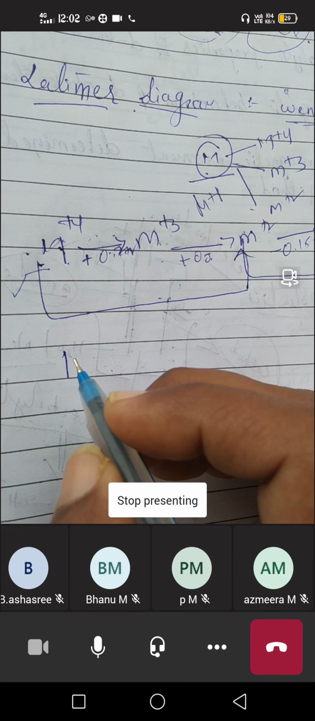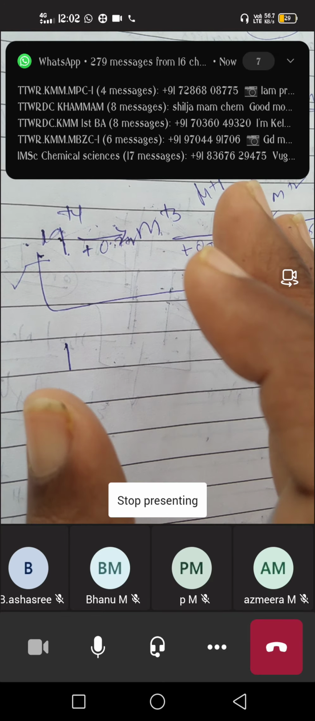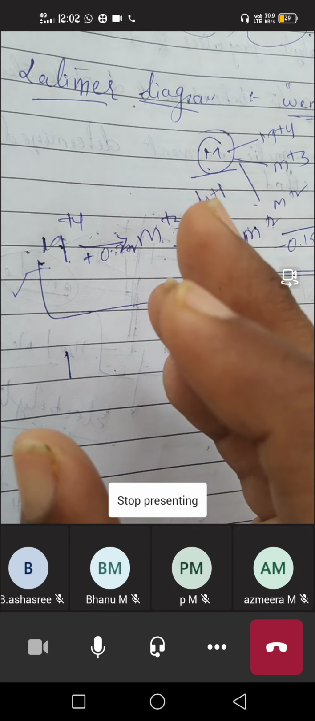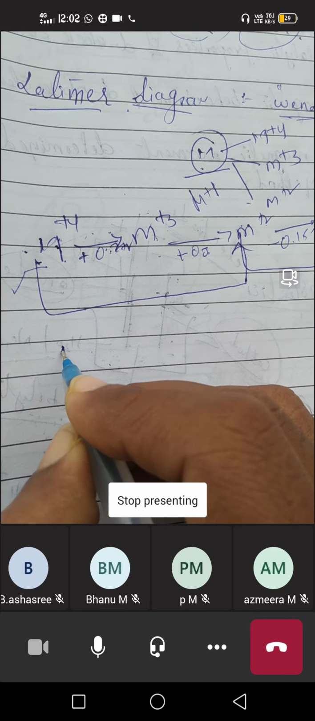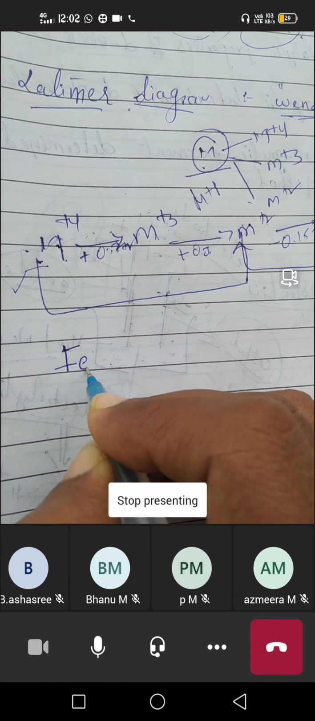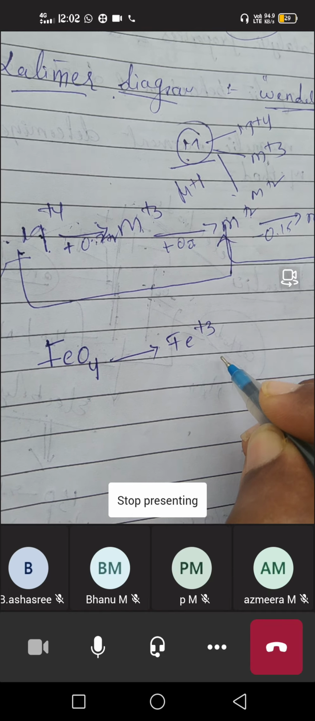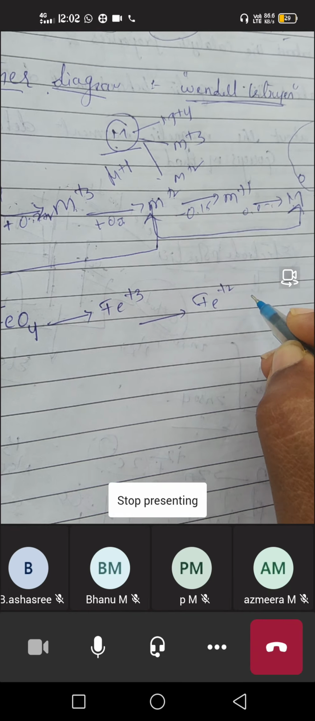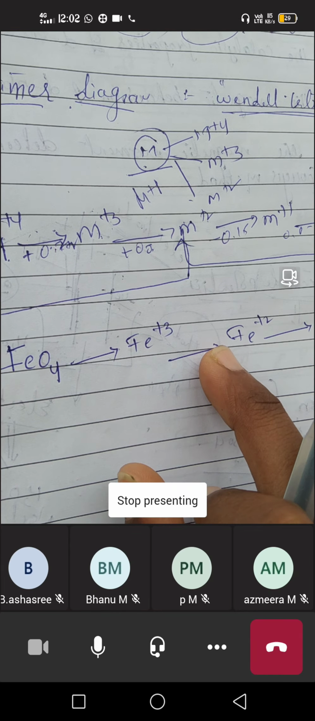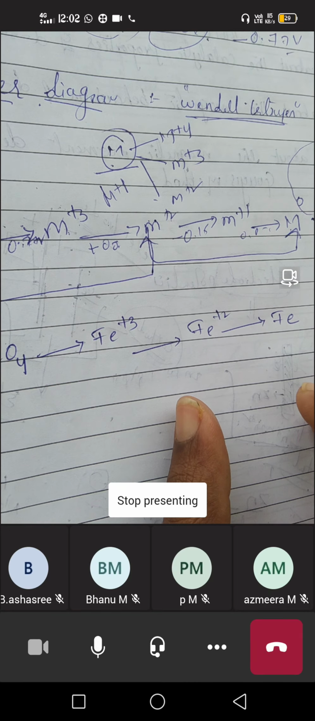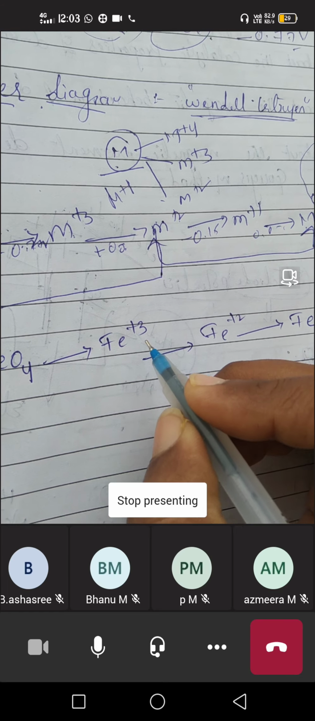Next, this Latimer diagram mostly deals with the presence of acidic or basic medium. That means the Latimer diagram changes by the pH effect. So for example, iron in the acidic medium: FeO4 is there, which is reduced to Fe plus 3, which is reduced to Fe plus 2, and which is reduced to Fe. So we have to write like this: the highest oxidation state first, then the lower ones, and the last one is Fe0. So for Fe plus 3 to Fe plus 2, the reduction potential